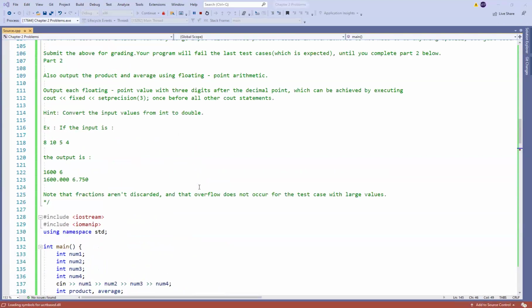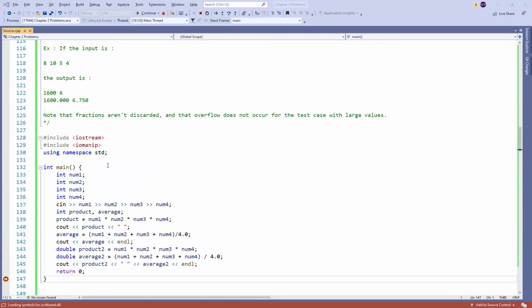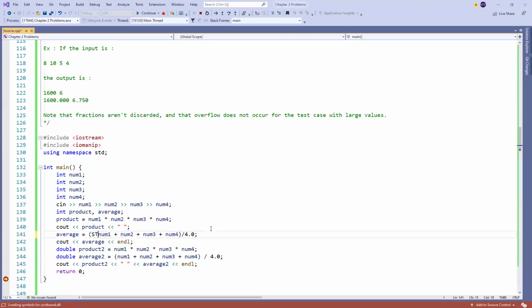If I put 4 numbers here like 8, 10, 5, and 4, I get 1,606.75. If I convert one of these numbers, let's go back to Visual Studio. If I convert this number to floats using a static underline cast,